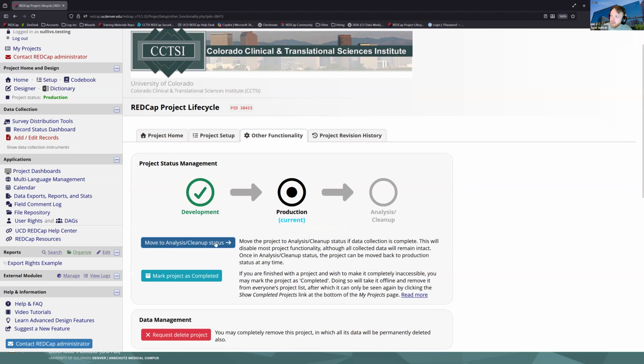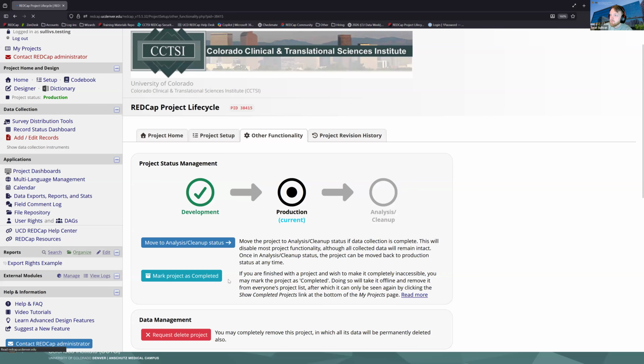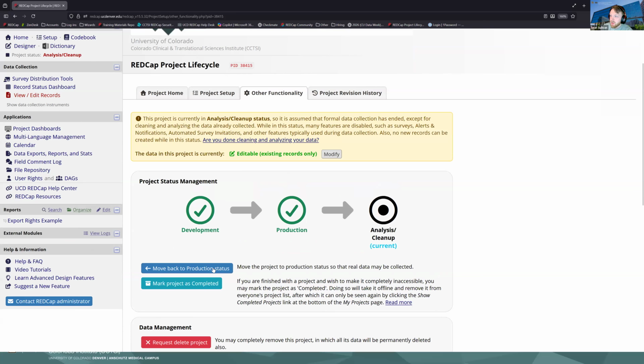I'll go ahead and click this and I'll get a prompt. Am I sure I want to do this? Yes, let's move to this new phase or status. The page will reload and I'll get notified and some new UI elements will pop up. So we can see here, as I mentioned, I can move back to production status by just clicking one button. I'll get another confirmation message, but that's really straightforward. I'll also get a summary of what happens when we go to analysis slash cleanup status. And I also have the option